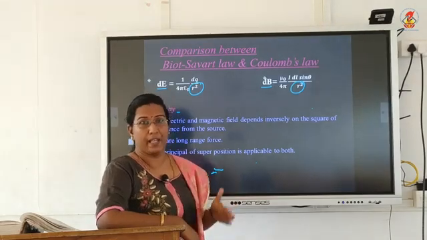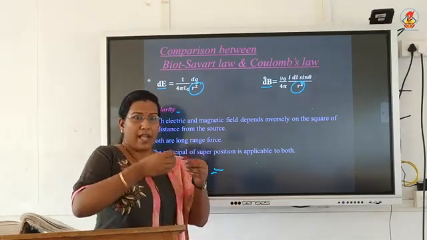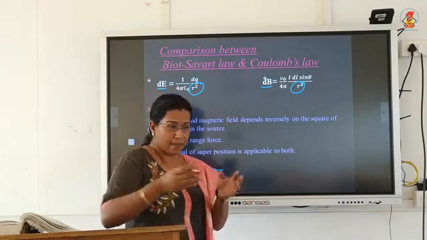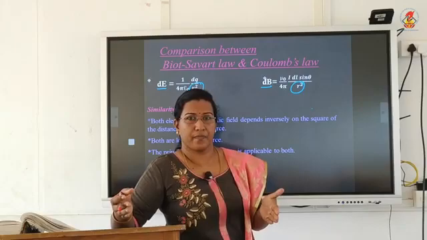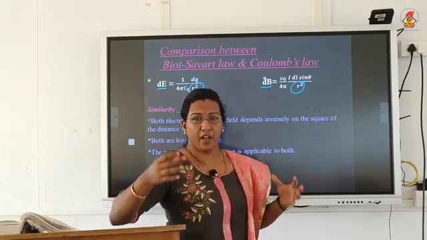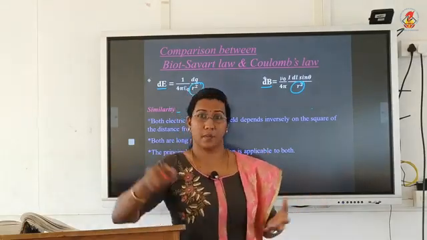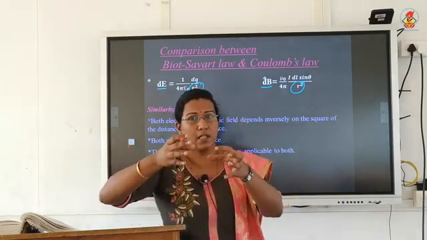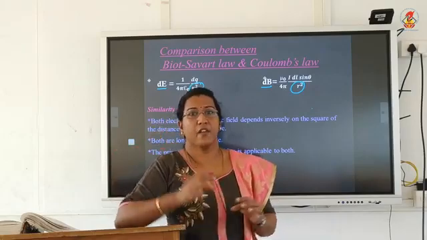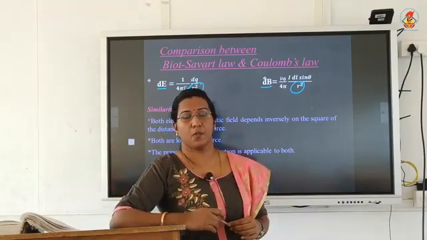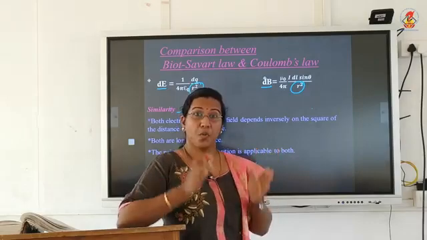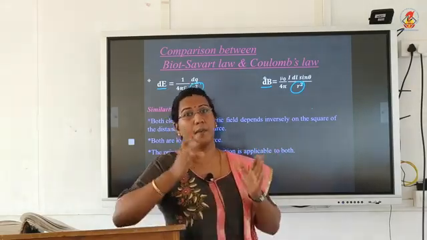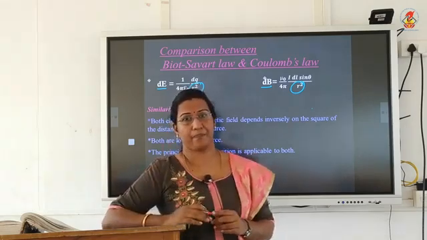In the same way, in magnetism, imagine you have n number of sources which produce magnetic field. I'll give you an example later. Now, if you want to find out what is the field due to the n number of sources at a particular point, what do you have to do? You have to find out the field of each source at the point and you add, you get the final field. So the principle of superposition is applicable both to electric field in electrostatics and to magnetic field in magnetism.